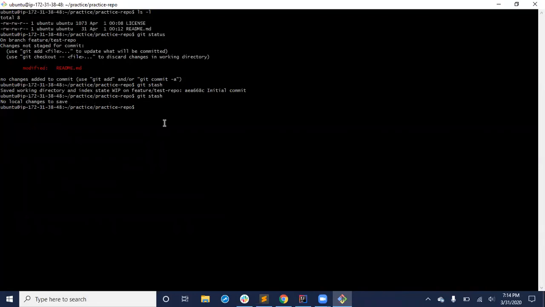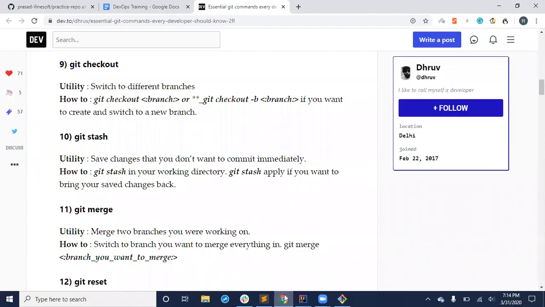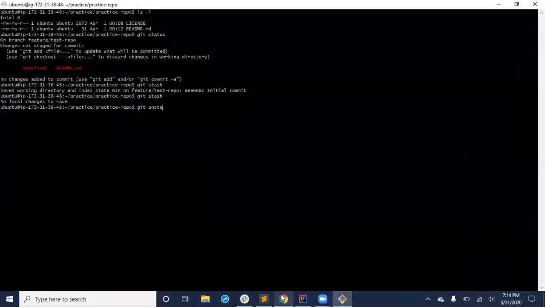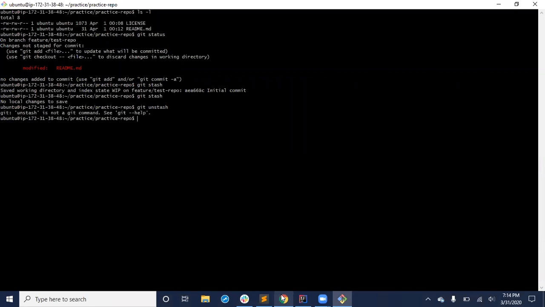Then Git will not be able to do it. So you use stashing to save your changes locally. Now I can do git stash and unstash. This is a bit tricky. git stash apply gets your saved changes back, and git unstash is also there, I don't know whether they are removed. Okay, git stash apply, let's do that only.